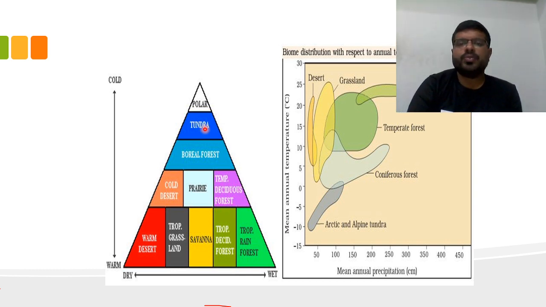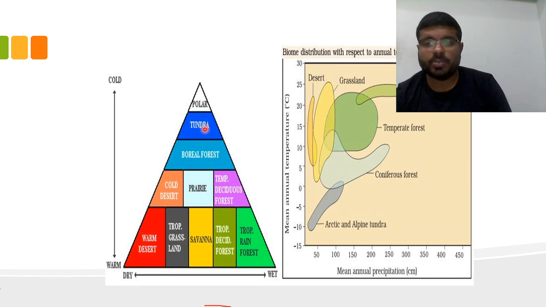Then the same thing, biome distribution with respect to temperature and precipitation. You can see in this diagram, tropical forest temperature is around 20 to 27, 25 degrees centigrade. Rainfall varies from a minimum of 150 centimeters to 400 centimeters. Nowhere in this world do you find such huge rainfall as in tropical forest. Then grasslands. Grassland means it can't support trees. Why? Little rainfall. In grasslands rainfall is around 100.